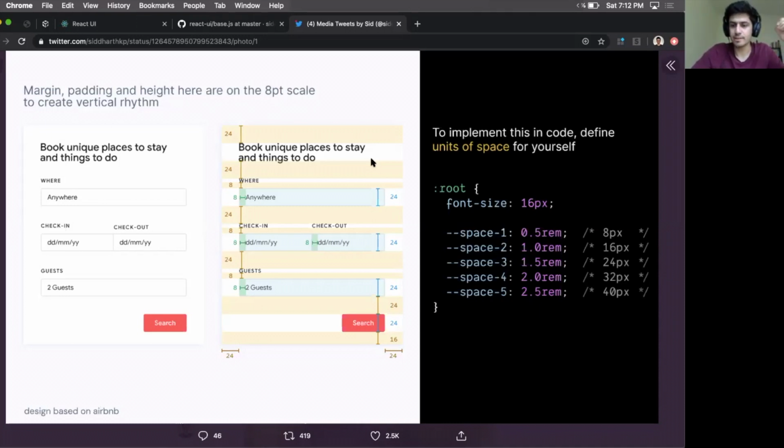So what's always nicer, and what I'm converging towards, is when you have a spacing scale, you have 1, 2, 3, 4, right? Over here I've shown it in rem, but how I came up with these rem values is I first made the 8 pixel, 16 pixel values, and then I calculated the rem values. So what I'm going to render is always the rem values, but in my head I'm still thinking 1, 2, 3, 4, or multiplying by 8. As an authoring experience, it's nicer to think in pixels as long as what is rendered is in rem.